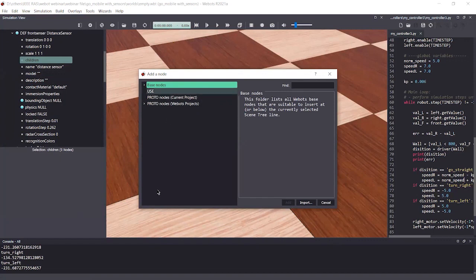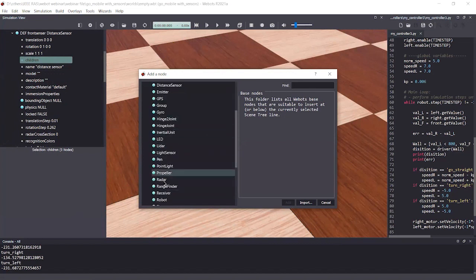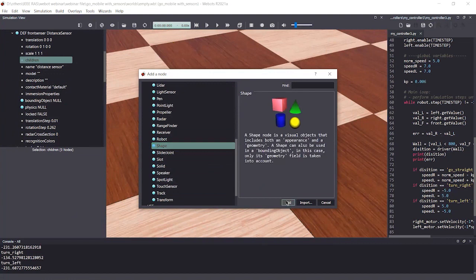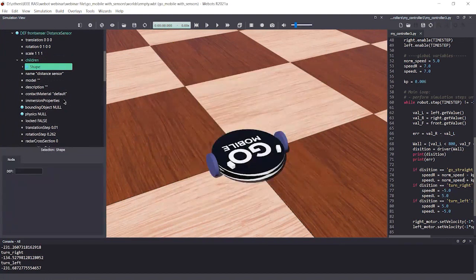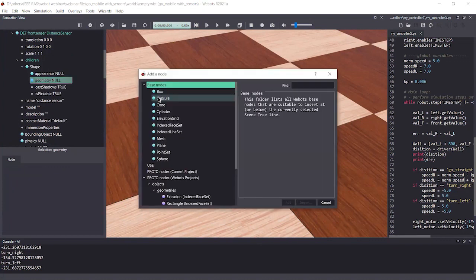First we need to add the shape for our sensor. Here you have shape. Today I'm mainly focusing on the coding part. Under shapes, let's add a geometry. Double click on this and you will get this pop-up window. Let's use a box shape.